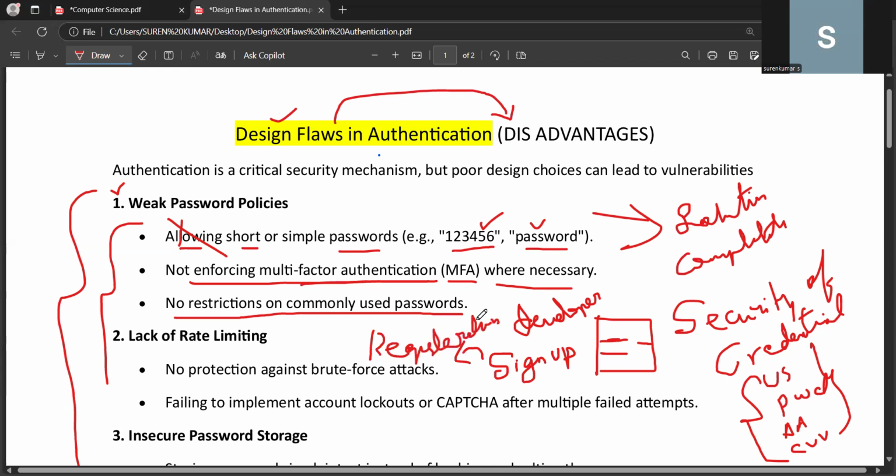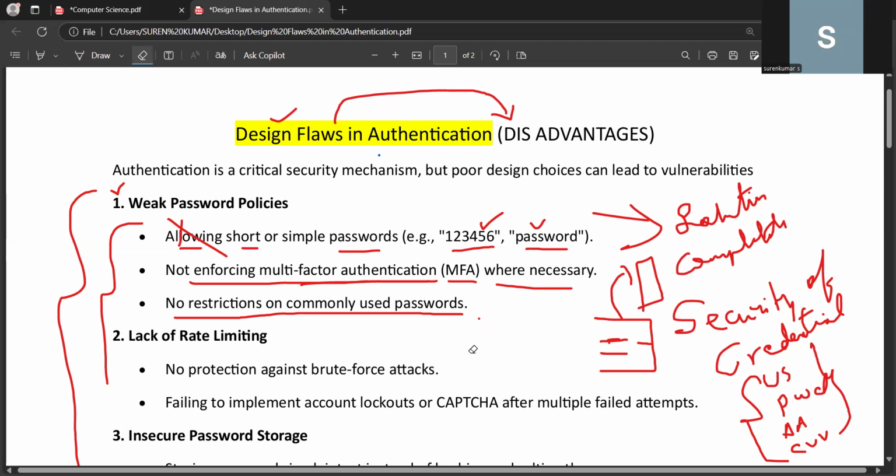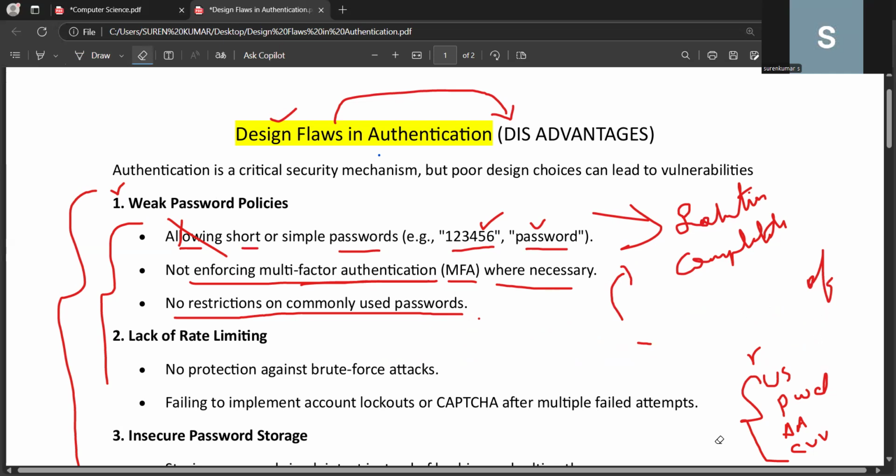In registration itself, the username and password will be generated. Those things will get stored into what? Database. Let me clear this, I don't have sufficient space to write. So when we sign up in any page,